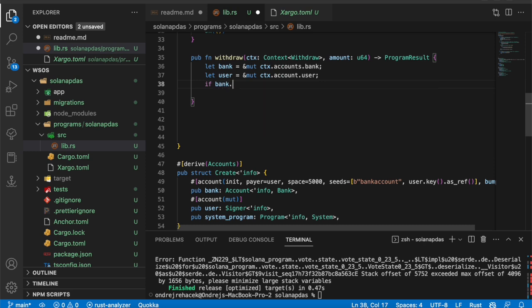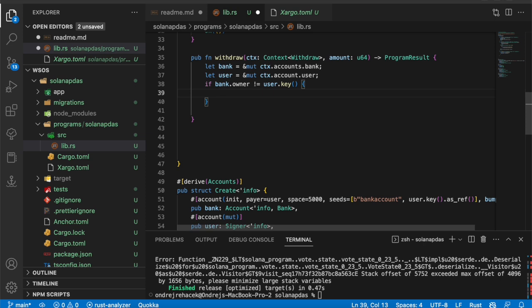We're comparing our bank owner, and if the bank's owner is not equal to the user's key, which is the user's pubkey, we need to throw some error and stop the execution of our function. We can do that by calling return